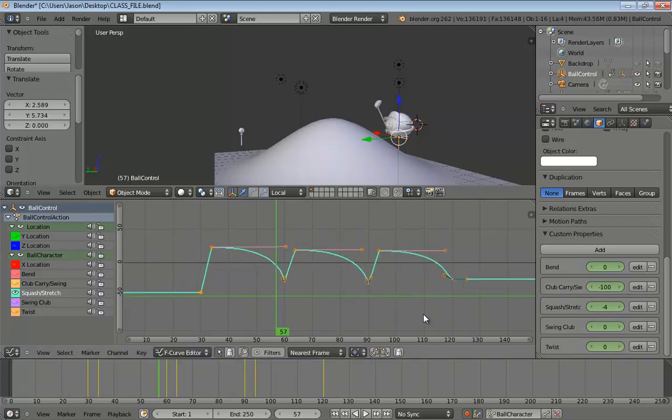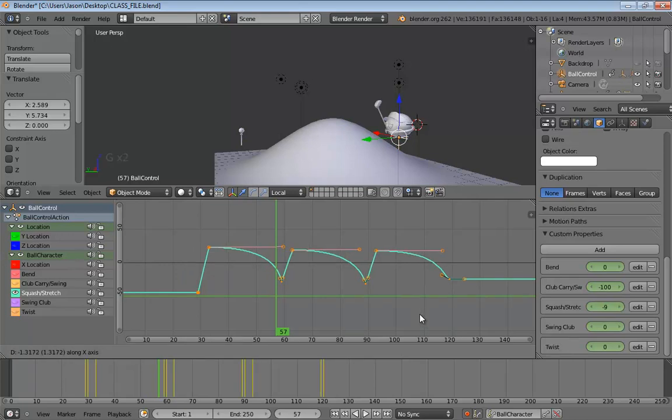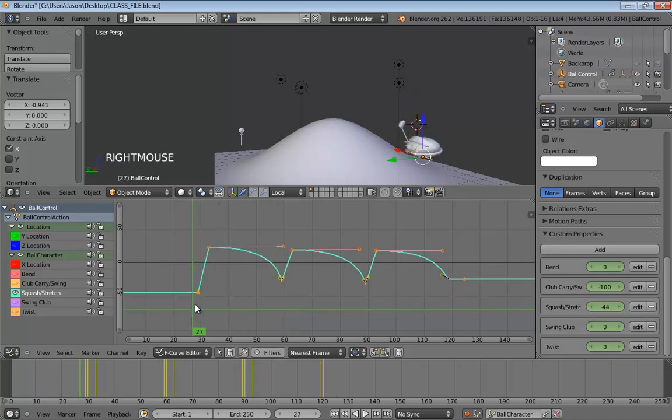You can hit G, just like you do in the viewport, to move stuff around. And let me right-click, because I don't really want to move like that. We'll just hit G once, then middle mouse drag to the left, and nudge everything back. Let's just try one frame at first. And if I hit Alt-A,